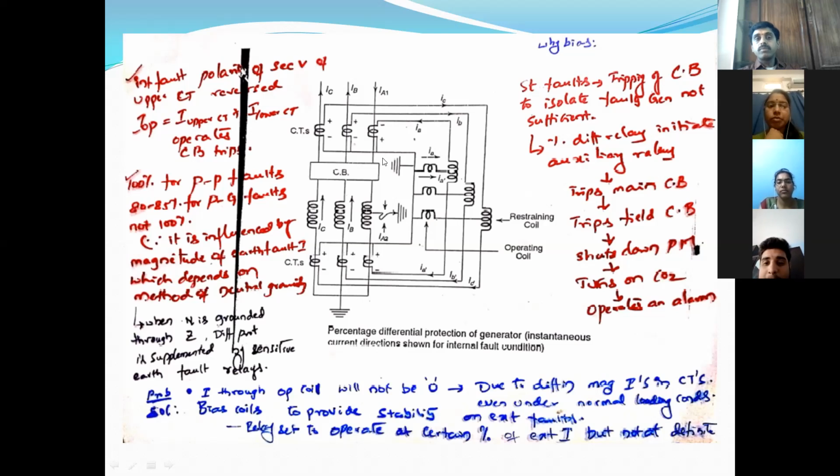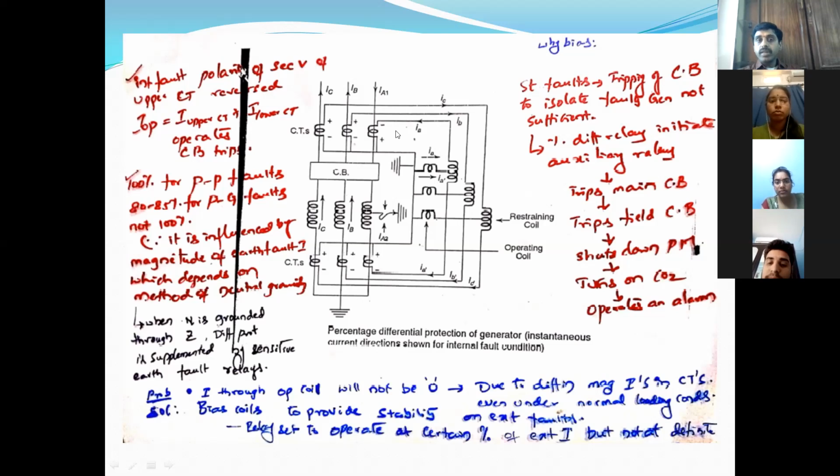So now we can observe how the relay is operating. Now, what is the current flowing in the CT? That means operating coil here. So the same current is flowing in this direction, which is IA dash. If you see this current, this CT current is reversed. This is flowing in this direction. That means both IA and IA dash are flowing in the same direction in the operating coil. Therefore, IA plus IA dash, which is more than (I1 plus I2)/2, therefore relay will operate.